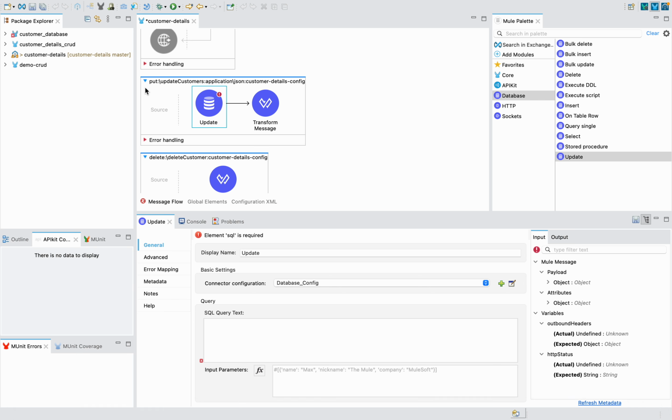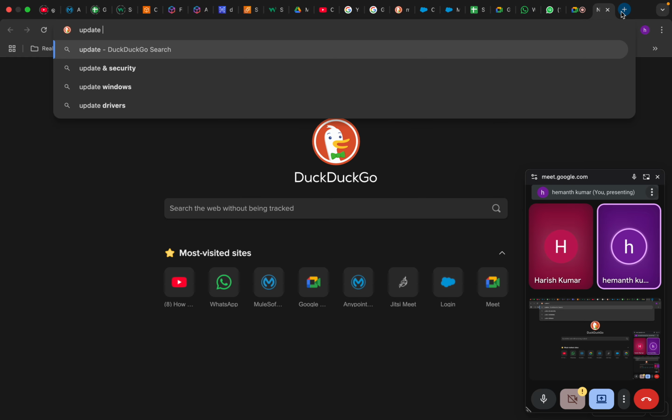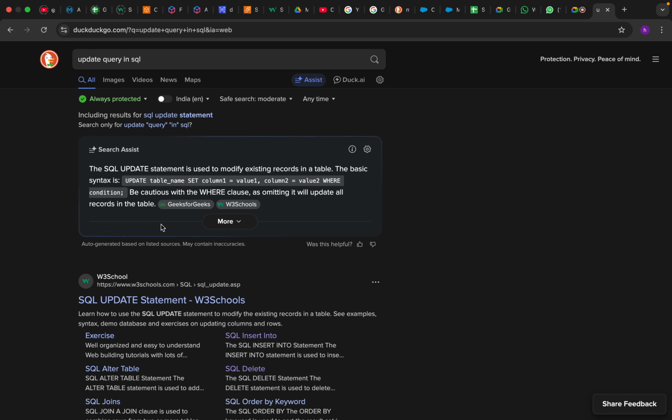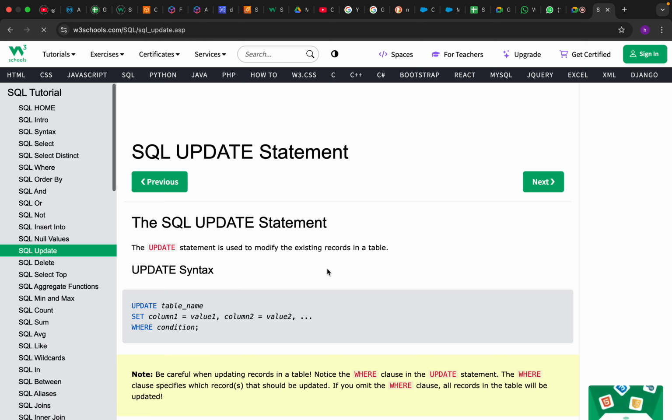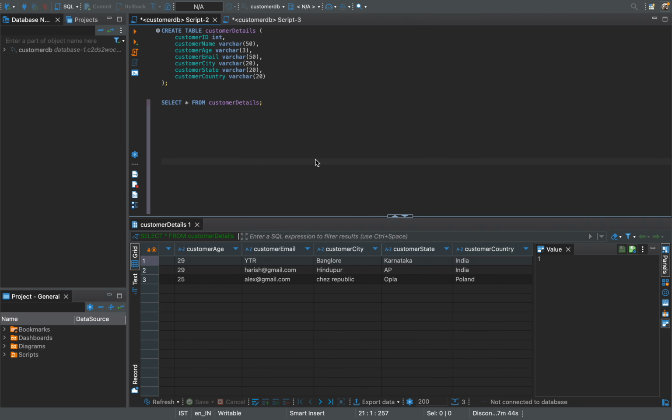Okay, so now you wanted to update the data, but you do not know the query. You can go to Google and search for update query, and you will get that particular query from here, and according to that you can modify it. So let me just take this one and I will go to the db1. I'm going to put it, and replace the table name here